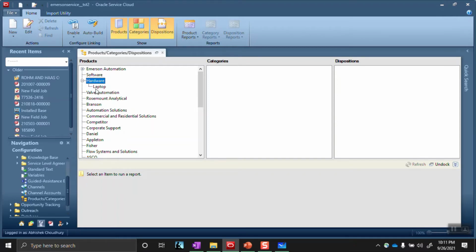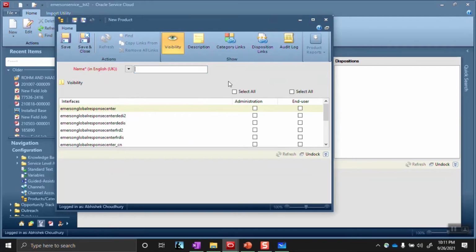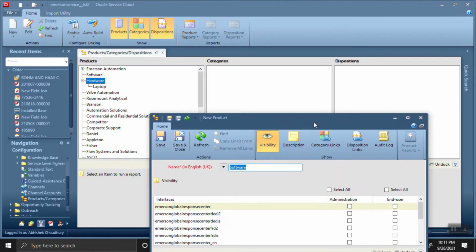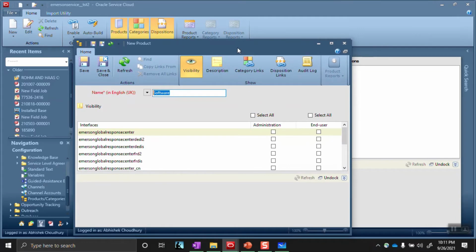And then we have another child under hardware, which is desktop. I'm sorry.